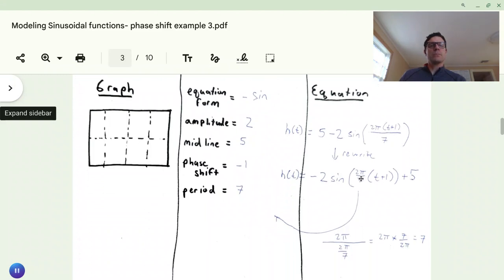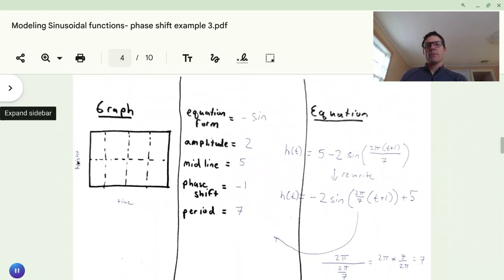And then the period is going to be 2 pi divided by 2 pi over 7, which is just going to equal 7. Okay, so now I know all the details about the function, or the period I'm looking at. I know all the details about the graph I want to fill in here. Okay,